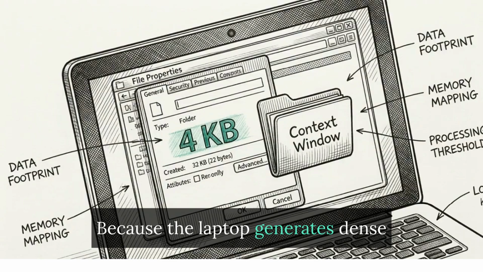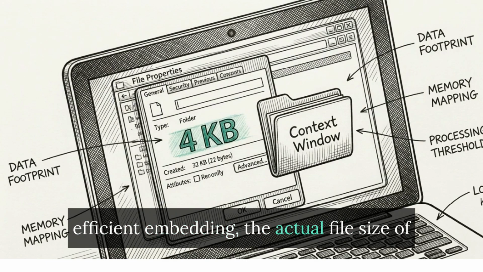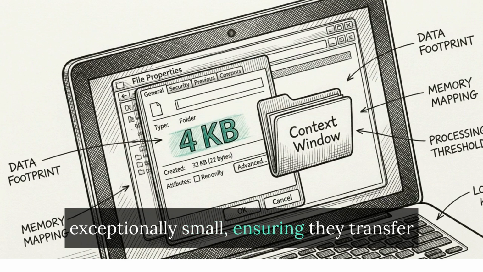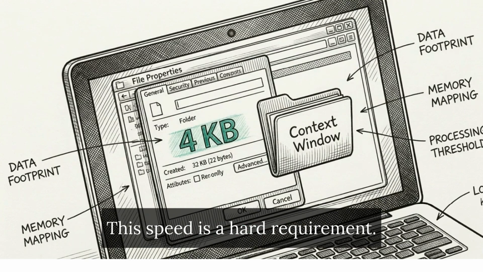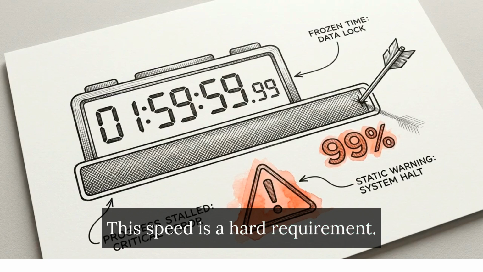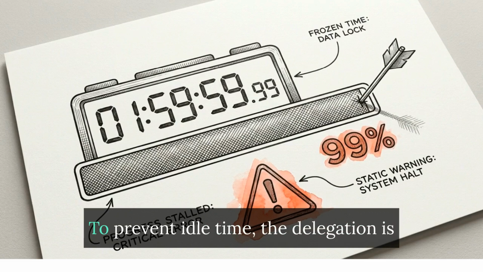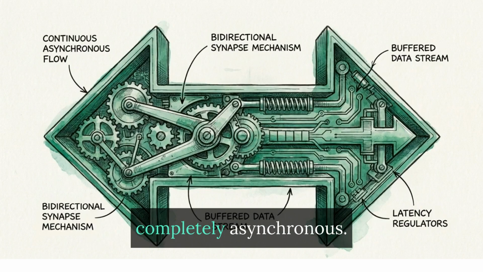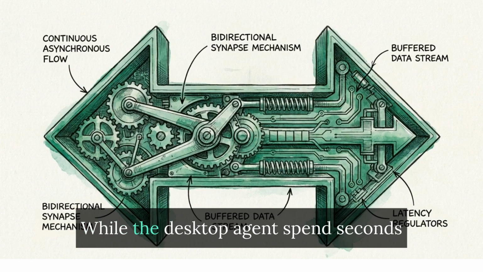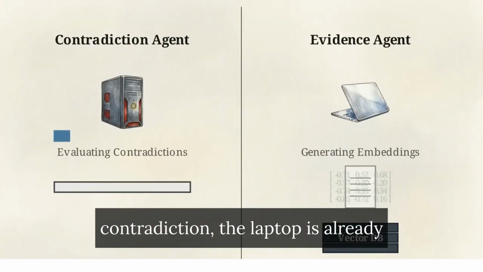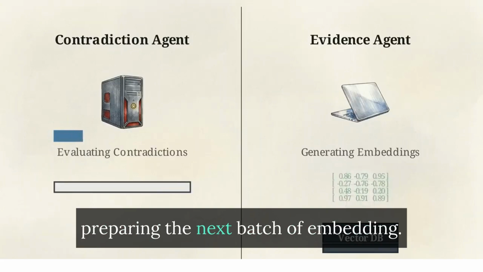Because the laptop generates dense, efficient embeddings, the actual file size of these context footprints remains exceptionally small, ensuring they transfer almost instantly. This speed is a hard requirement. If passing context between devices takes too long, the models sit idle, failing the system's latency constraints. To prevent idle time, the delegation is completely asynchronous. While the desktop agent spends seconds churning through a complex contradiction, the laptop is already preparing the next batch of